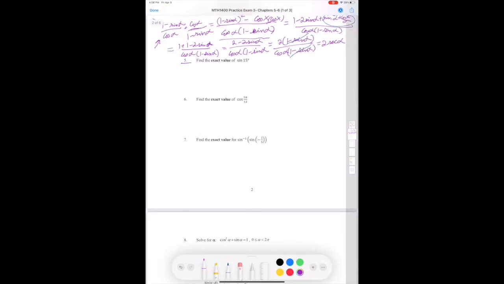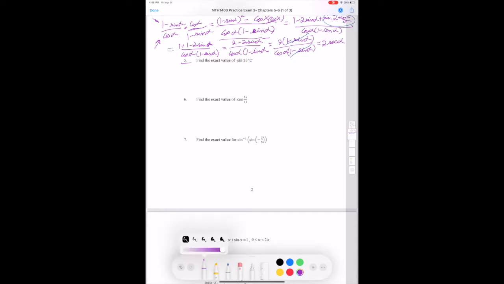For problem 5, I want to find the exact value of sine of 15 degrees. Well, for this, we're going to use our sum and difference of angle formulas. So, if I have 15 degrees, I could rewrite that as sine of 45